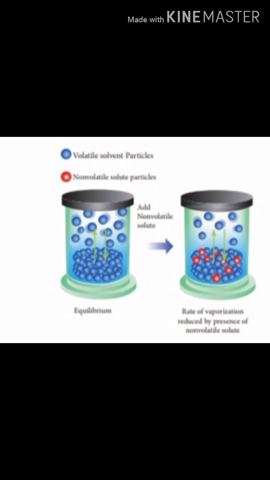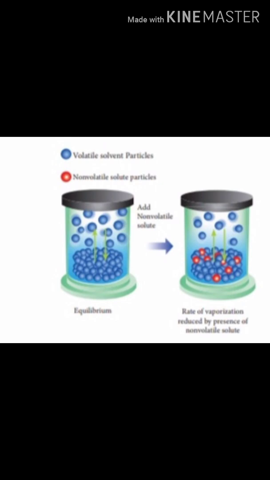Today's video is about solutions, the chapter on vapor pressure of binary solutions of solids in liquids. When a non-volatile solute is dissolved in a pure solvent, the vapor pressure of the pure solvent will decrease. In such solutions, the vapor pressure depends only on the solvent molecules, as the solute is non-volatile. For example, when sodium chloride is added to water, the vapor pressure of the salt solution is lower.